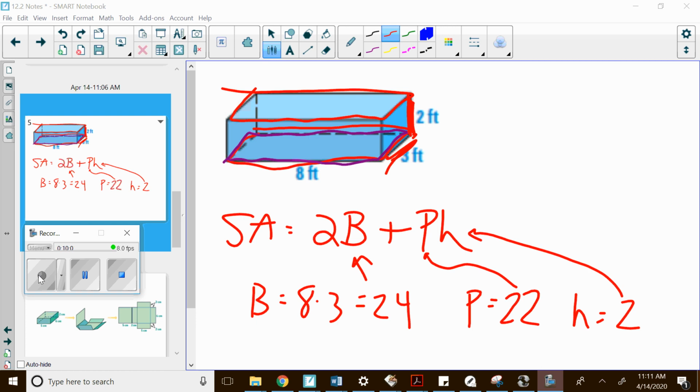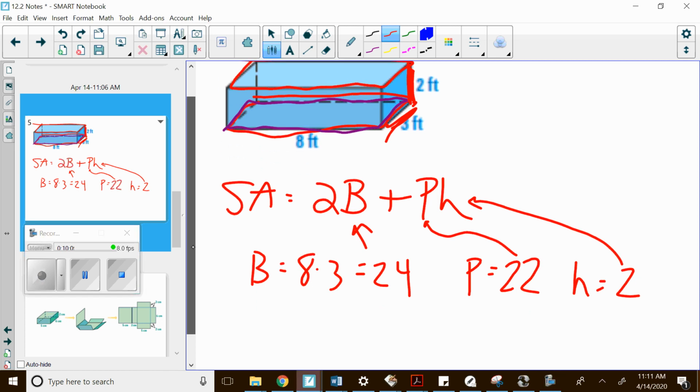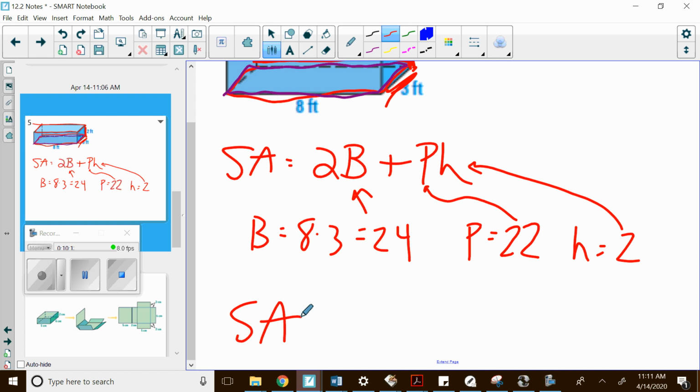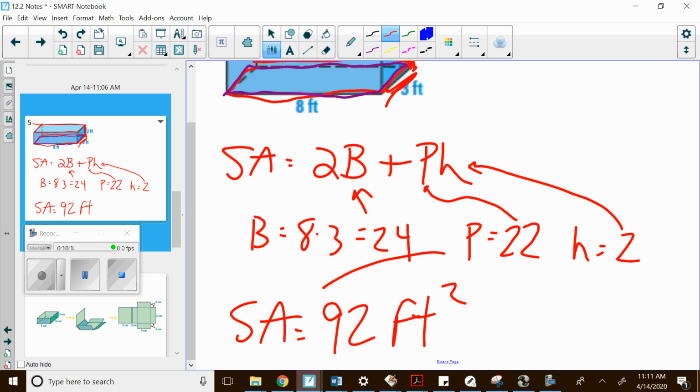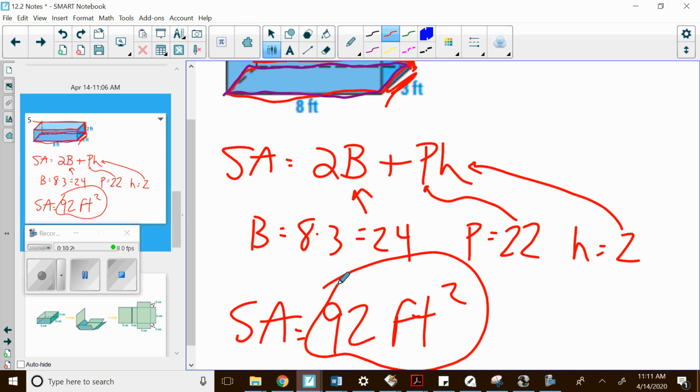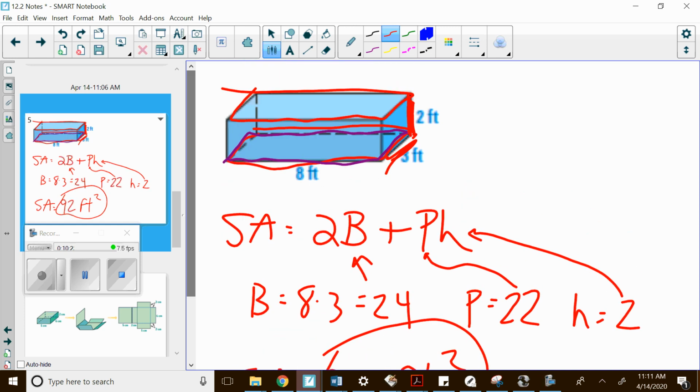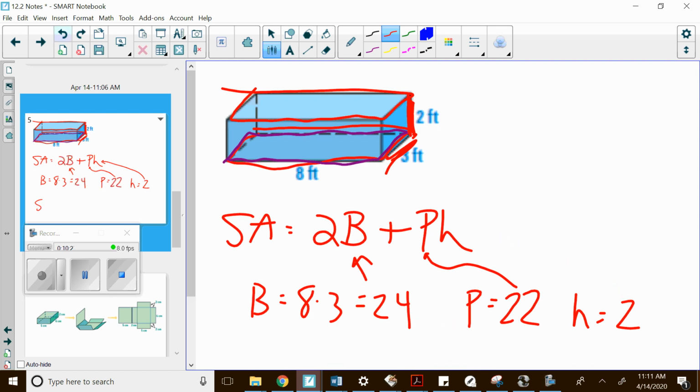Okay, I'm back. So 2 times 24 plus 22 times 2 gives us 92, right? The surface area of this rectangular prism is 92, and it's feet squared. 92 feet squared. And interestingly enough, if you go back and you declare other faces as your bases,